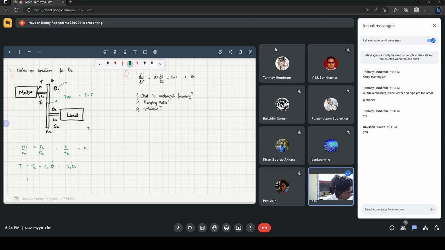Likewise, looking at the equations on the second gear, T1 minus C2 theta 2 dot is equal to I2 into theta 2 double dot. We also have this relationship, so the equation simplifies to